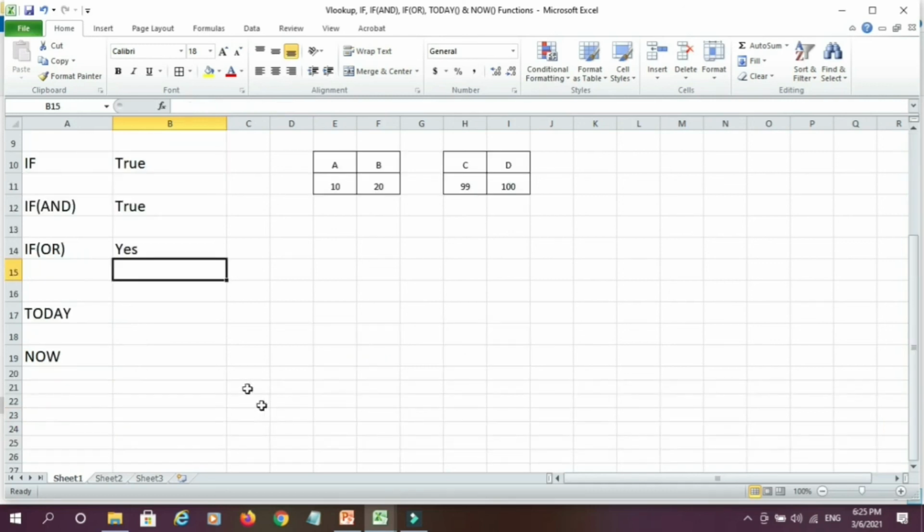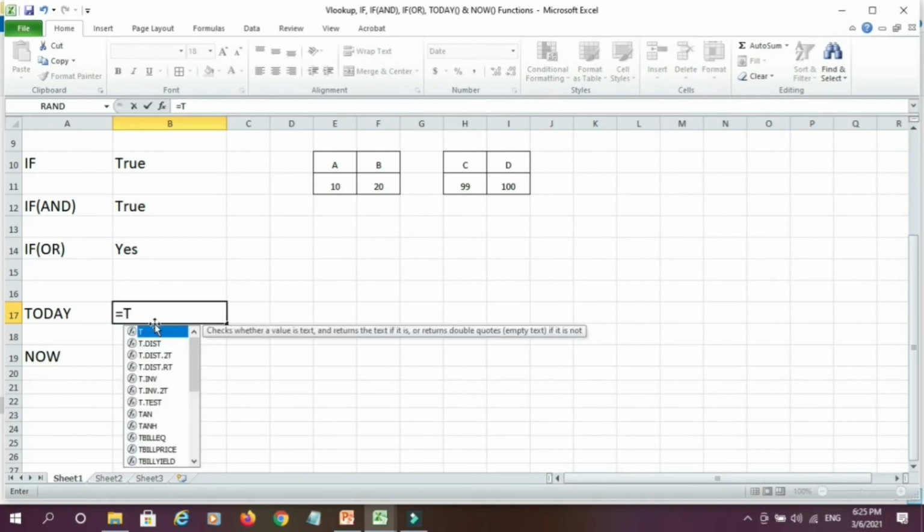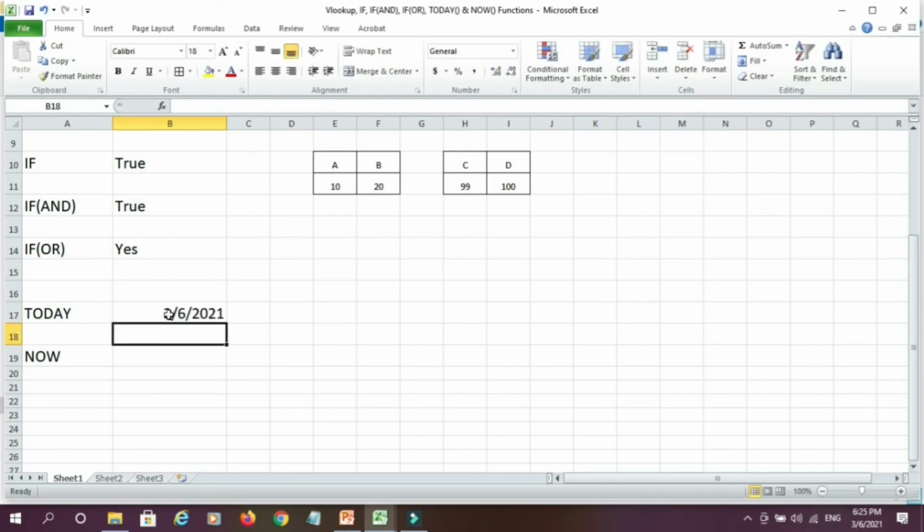Now we'll see today function. Alright, equal to today, tab, bracket close, enter. See, it is returning me today's date. Similarly, I'll write now function.